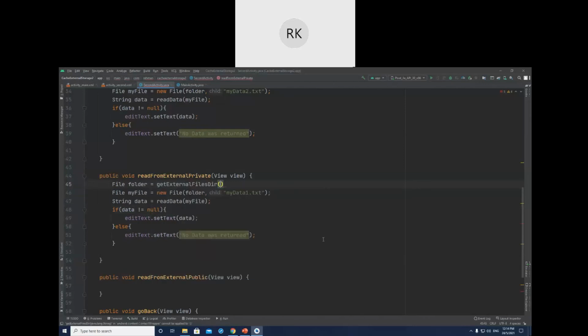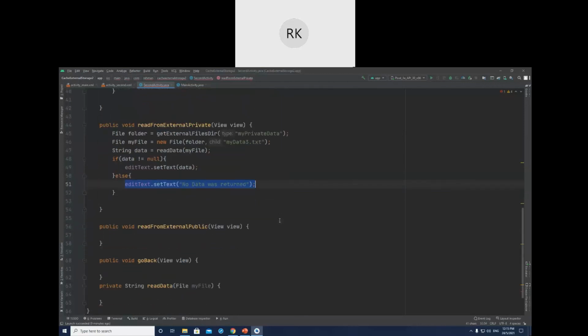And what was the folder name? If you remember, my private data. It must be the same that we created earlier. Otherwise, you will not get the data. And note the point that in this directory, the file that we created was mydata3.txt. And we got the folder, we got the file. So call the function, read data, pass the file name. This function will read from this file and will return us the data as a string. And we check that if this data is not null, meaning it successfully read the file, then display it at the edit text view, otherwise display a message.